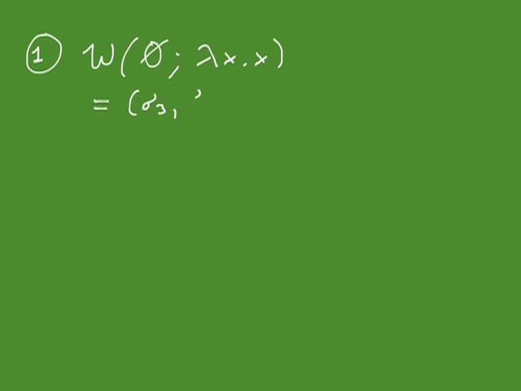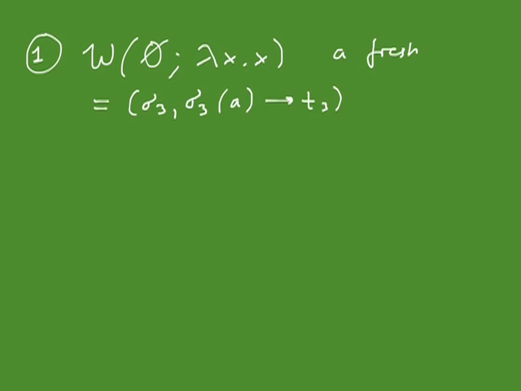In the first call, finding W of lambda x x, well, that's a lambda expression, so from the case for lambda expressions we see that this gives us a substitution sigma 3, and there's a new type variable that we introduce, a fresh one, and the type that we return is sigma 3 of a, arrow t3. So now it's just a question of finding sigma 3,